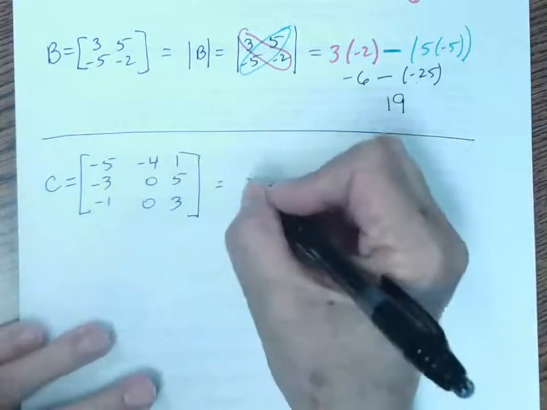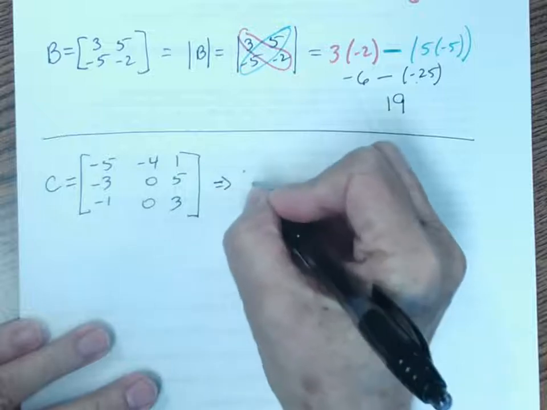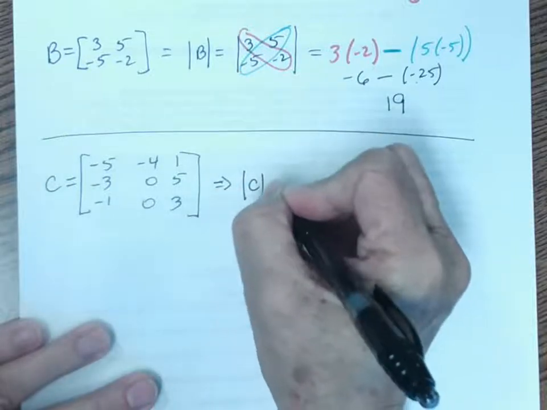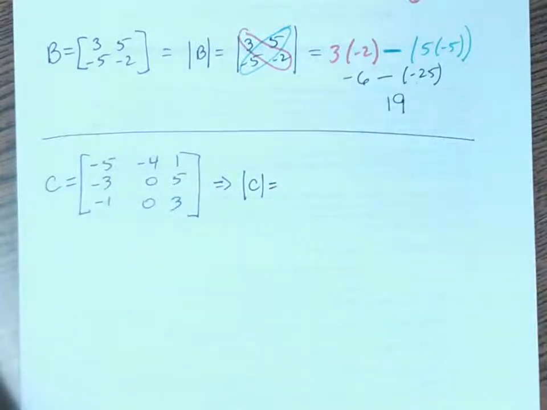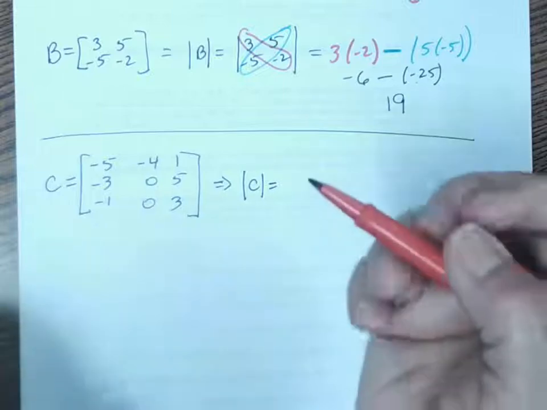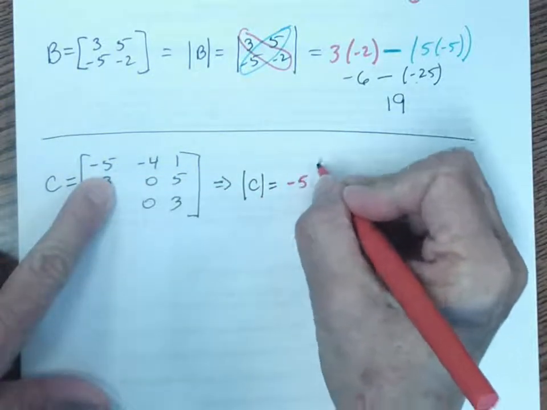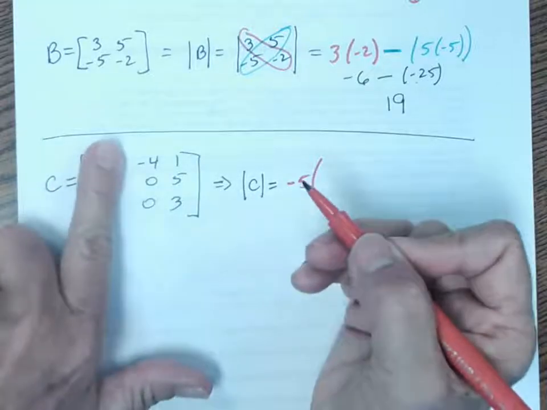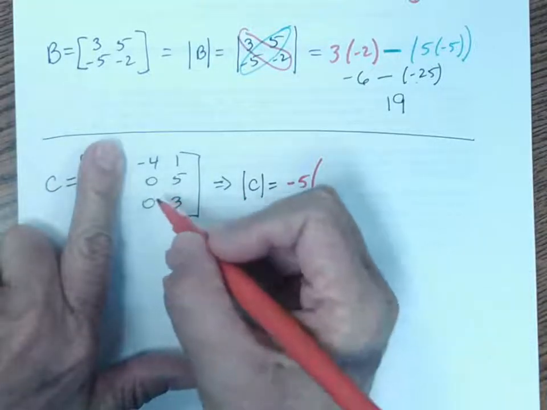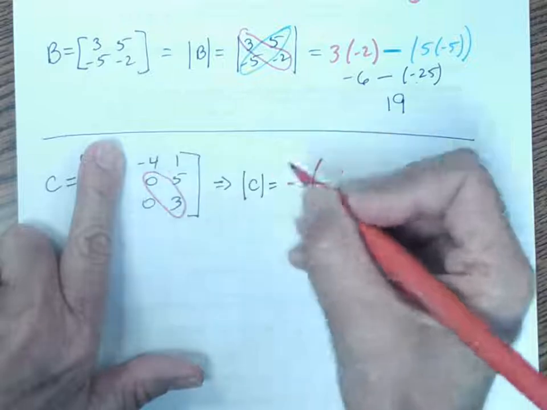So if I want to find the determinant of matrix C, it's similar. It's going to feel a little strange though. I'm going to have to add another color. So we're going to start off. We take the first value here, so -5. We're going to cover up that column. And now we're going to look right here. 0 times 3